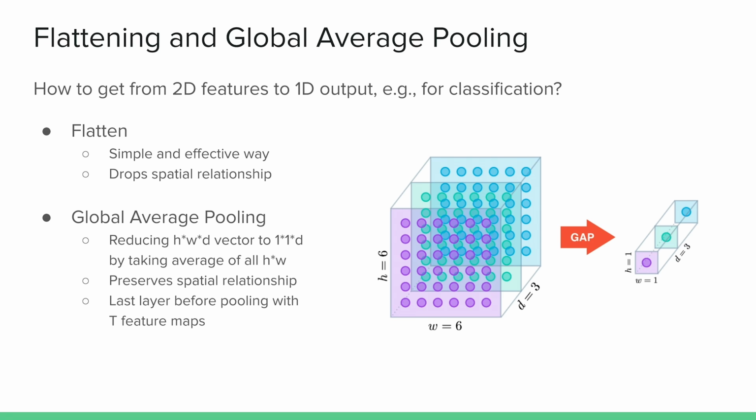So the global average pooling just takes the average of all of those inputs from one feature map and produces a single output. That way it preserves the spatial relationship, and it can be an alternative to flattening and then creating the output. So what you do is reduce this to a 1x1 by D,